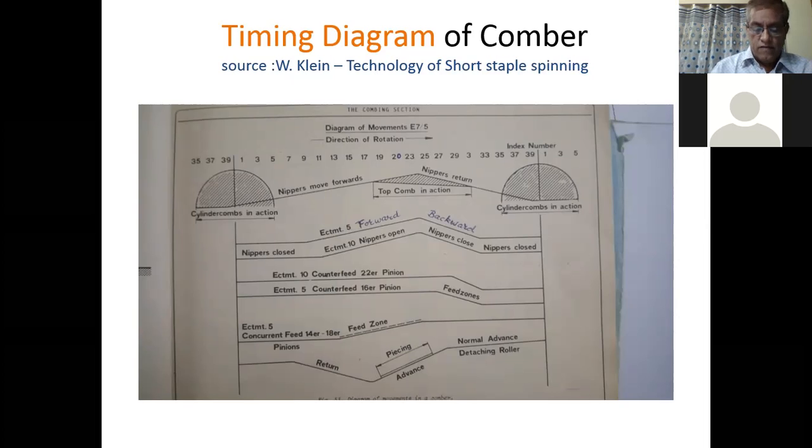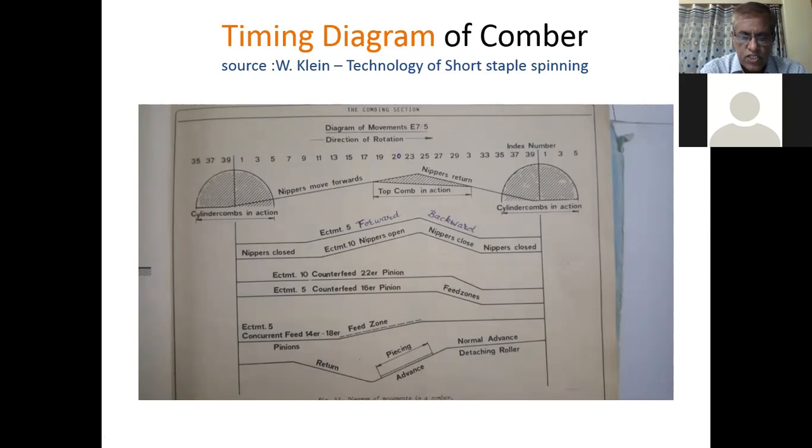For this we should understand the index wheel. Just like normally we have 1 minute of 60 seconds, similarly, in the combing cycle there are 40 parts of the index wheel. There is an index wheel which you can see on the gearing side of the machine.